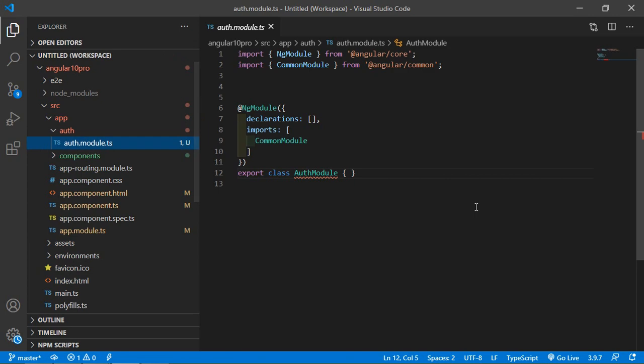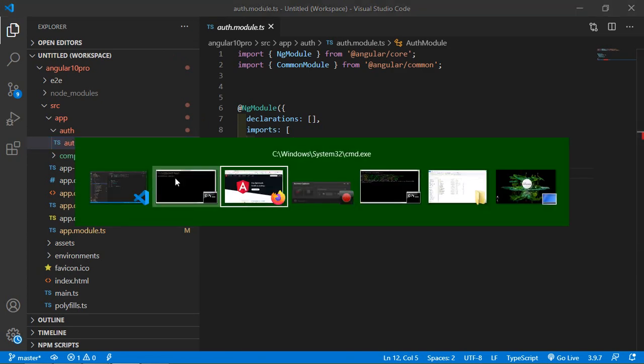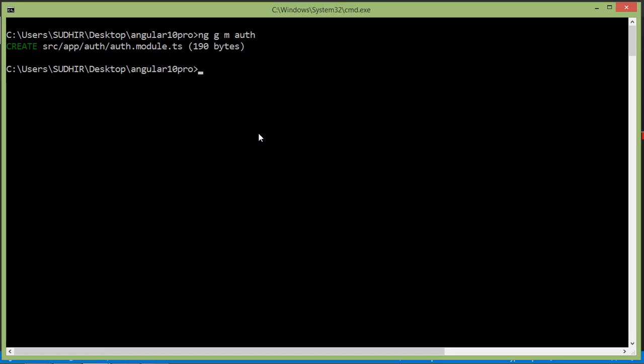So switch to the command prompt and here just write a command for creating a new component. So let's say ng g c for component, and type here the module name which is auth, slash component name. Let's say the component name is login.